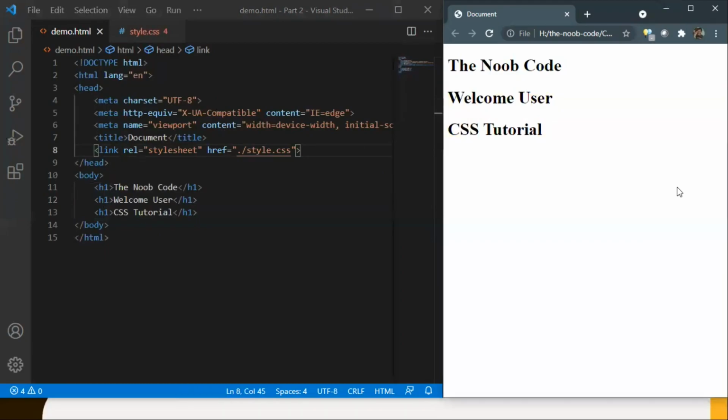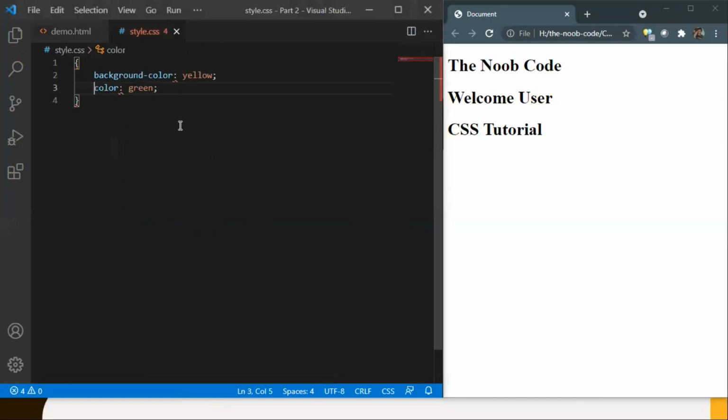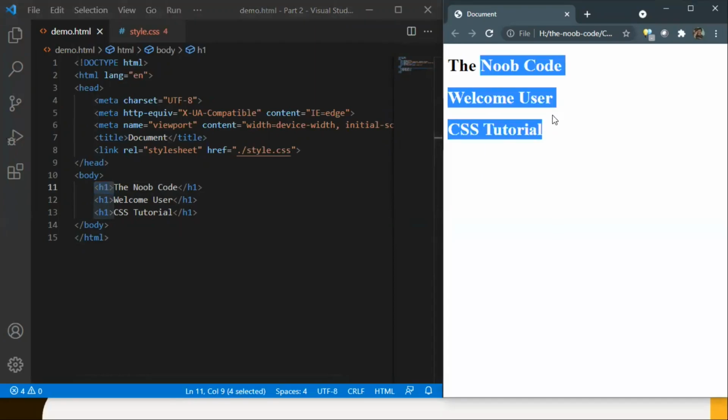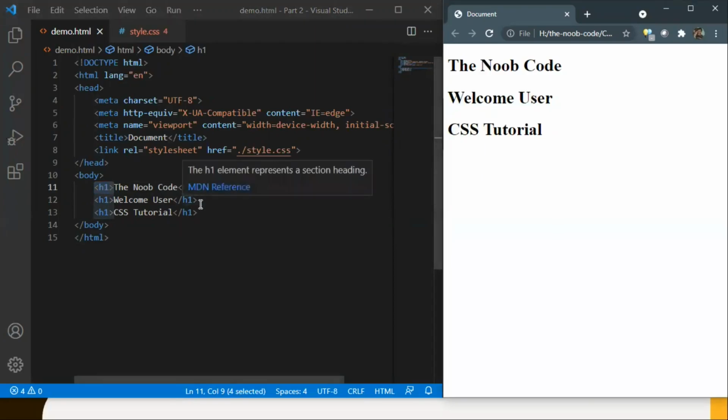The style is not applied, although we had the same key value pairs as we had in the inline way, and over there it was working. Why? The reason is that in inline we could directly put our style on the element we wanted. So it was clear to the browser which element to apply the styles on. But here the browser cannot identify the element where to put the styles.